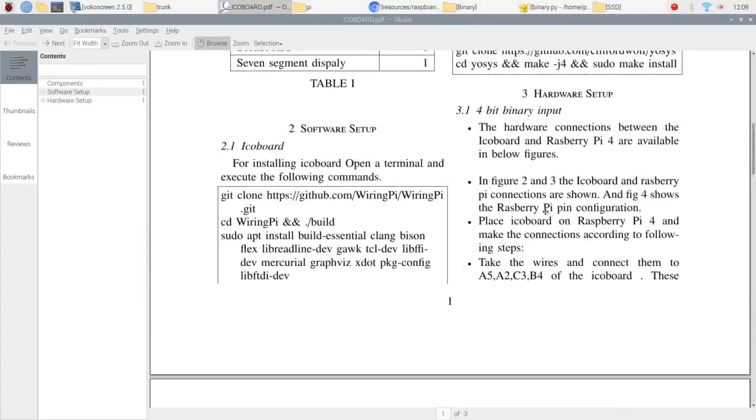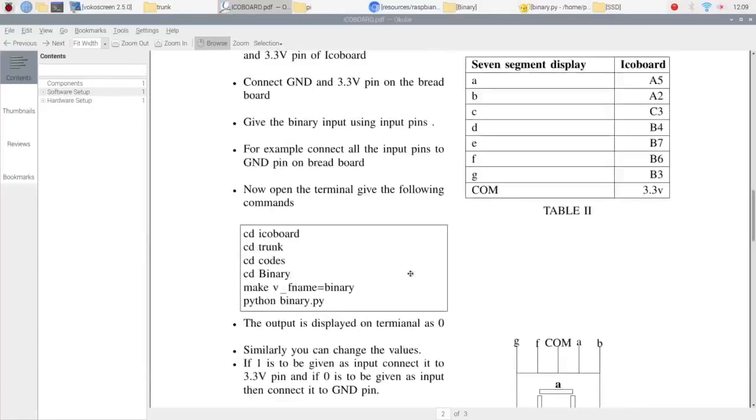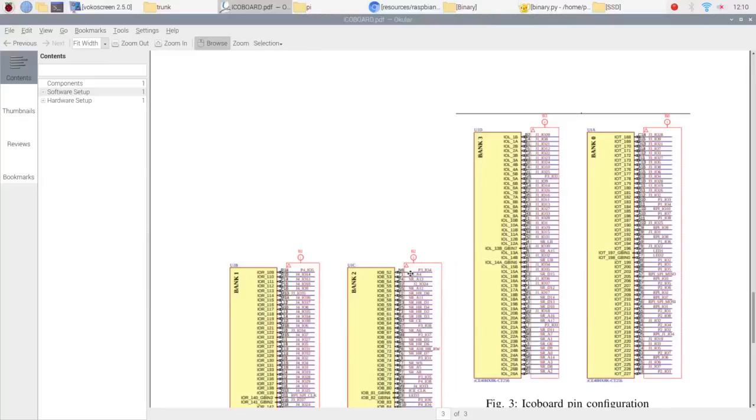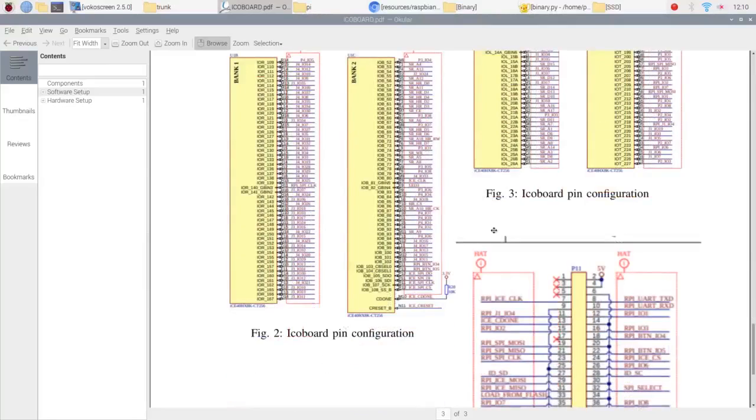Now there are two programs we are going to do, that is the 4-bit binary input and the 7-segment display. Before that, let's learn about the pin configuration, how the Ico Board and the Raspberry Pi pins are connected to each other. In figures 2 and 3, you can see the Ico Board pin configurations,